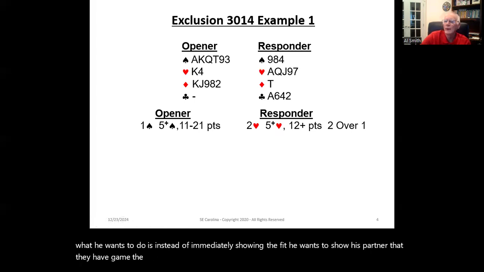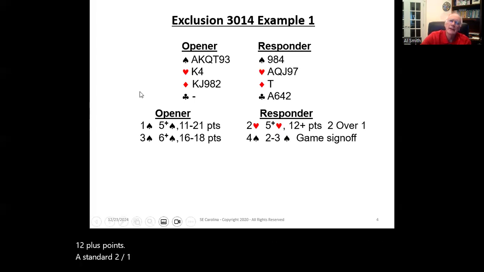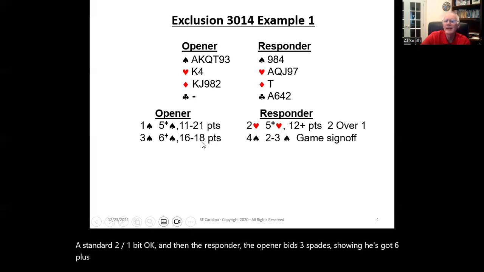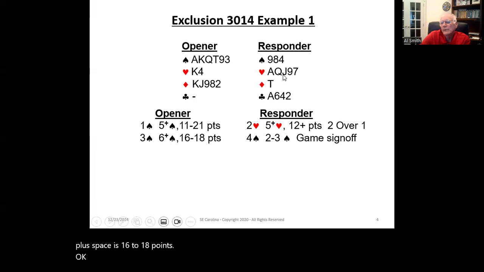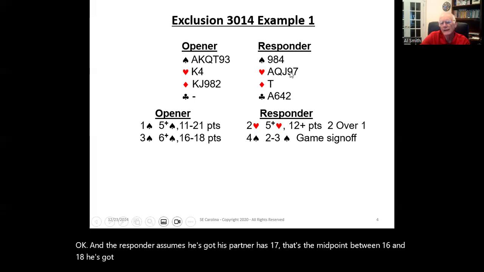So he bids 2 hearts. It shows 5 plus hearts and 12 plus points, a standard 2/1 bid. Then the opener bids 3 spades, showing 6 plus spades and 16 to 18 points. The responder assumes his partner has 17, the midpoint between 16 and 18. He's got 4, 8, 10, 11. That gets him to 28, and it's